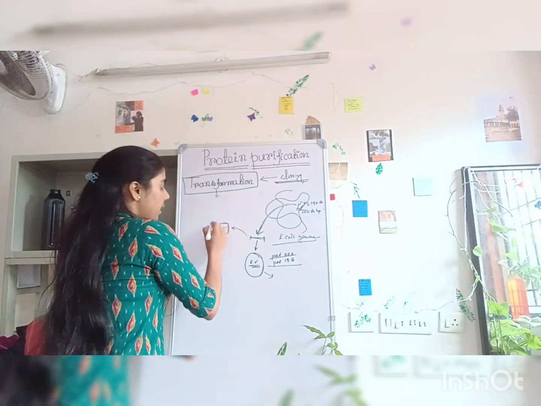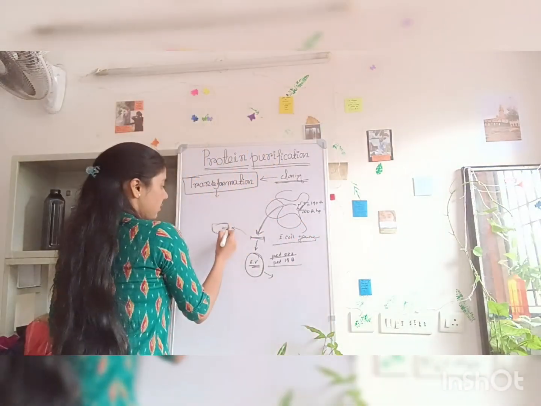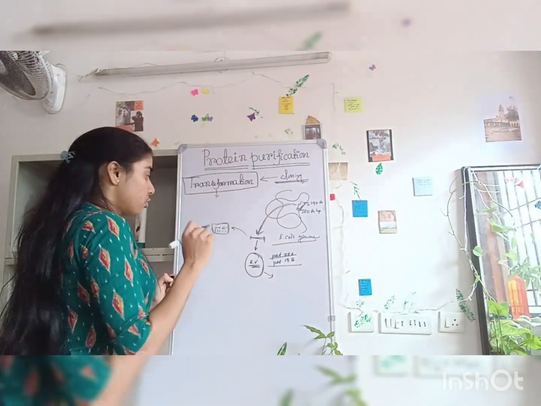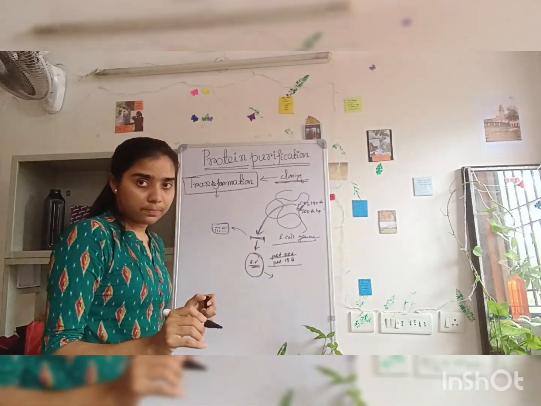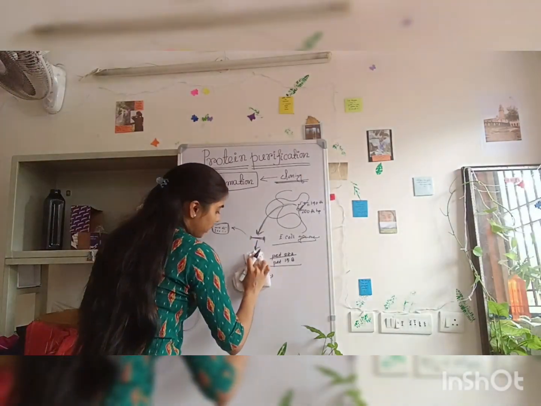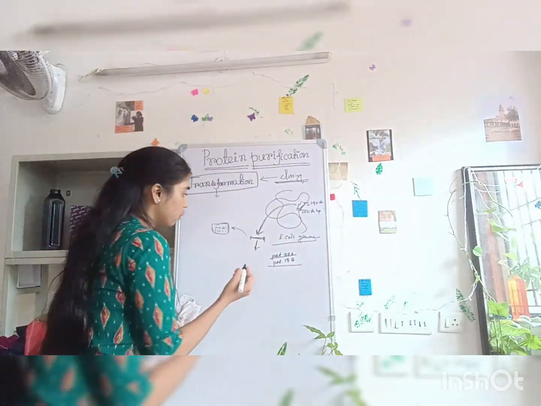No, right? Because there are different endonucleases and exonucleases which will cut this gene into different fragments. So it is not stable. So what will we do? We will insert this gene in an expression vector, right? Now, to insert this gene in an expression vector, what will we do first?